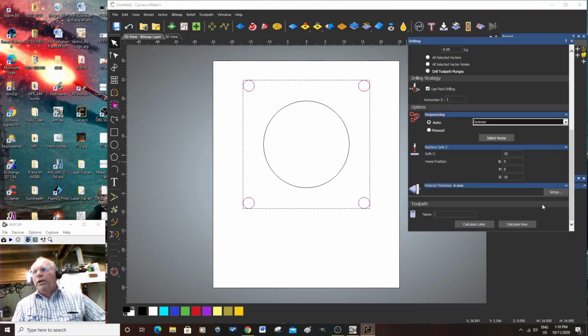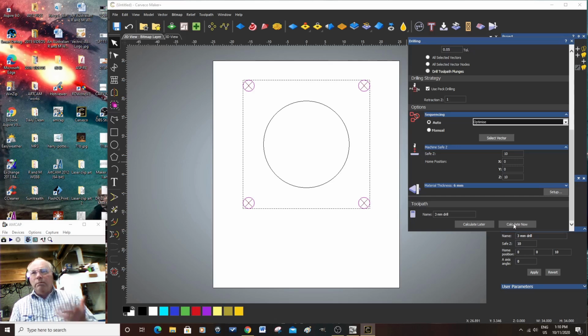And we're going to name it. I just abbreviate everything. See, so it's 3 millimeter. That'll do, as long as you know what it is. Calculate, and it's done. So we can opt out of that,